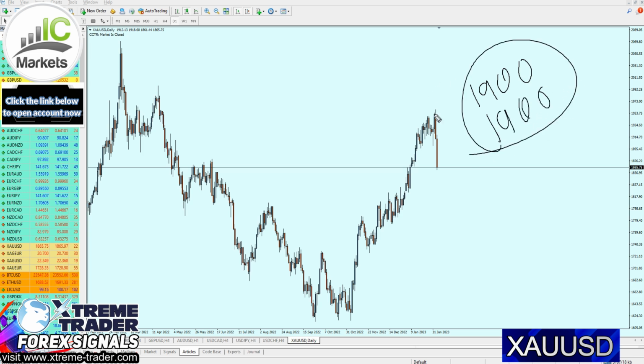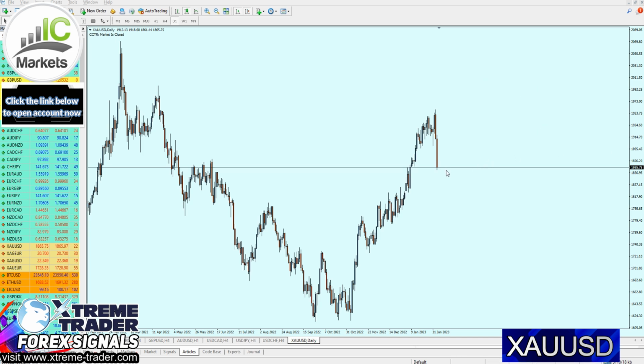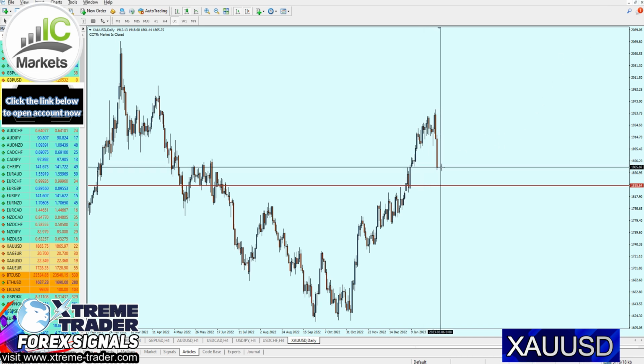Of course, it depends on the trend direction. However, currently we are now below 1900, and actually we are approaching 1850. However, the movement right here is really strong bearish movement. So most likely the gold won't stop the fall until it reaches the nearest strong key support level to the entry, which is going to be right here exactly at 1835.64, which means the gold still has about, I would say, approximately 300 pips more to go before it makes any